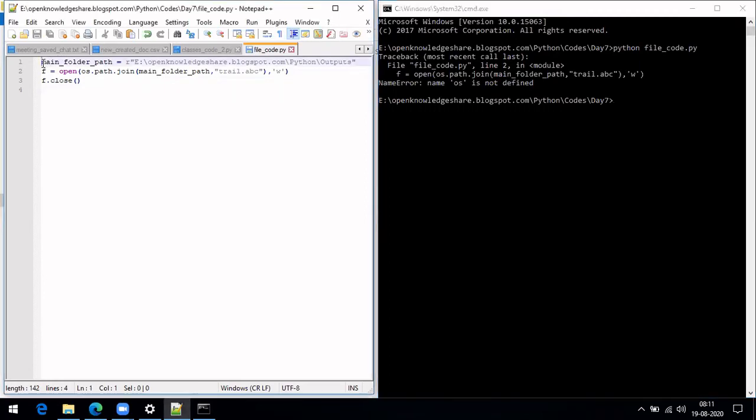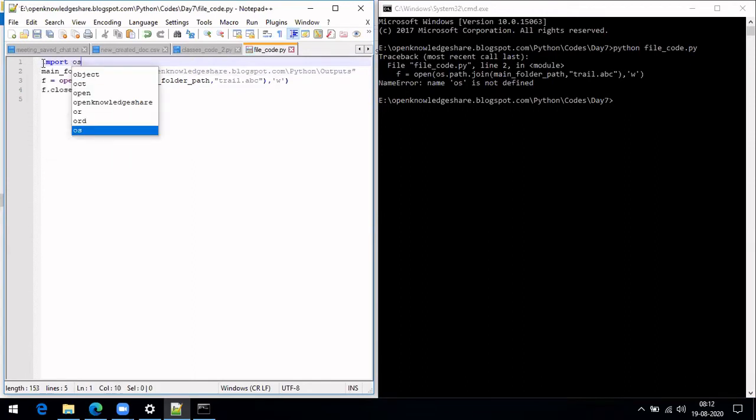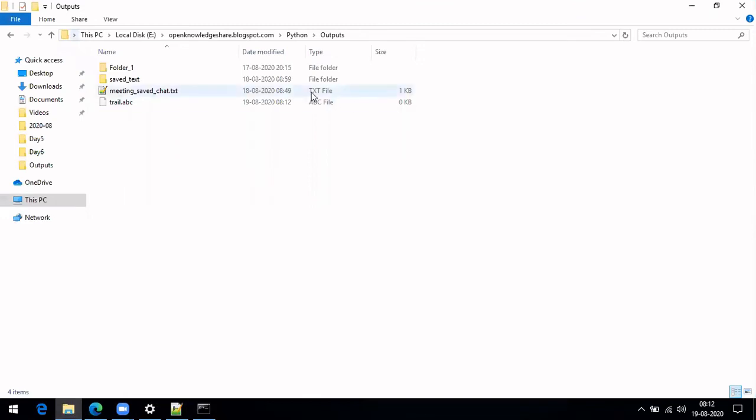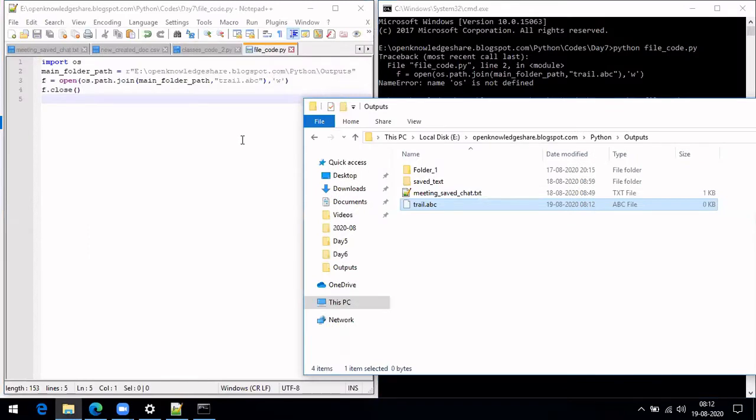Let's import it. Okay, it has run successfully. See, it has created a trial.abc here. So whatever you try to open, whatever the extension may be, it will get created if you use write mode.